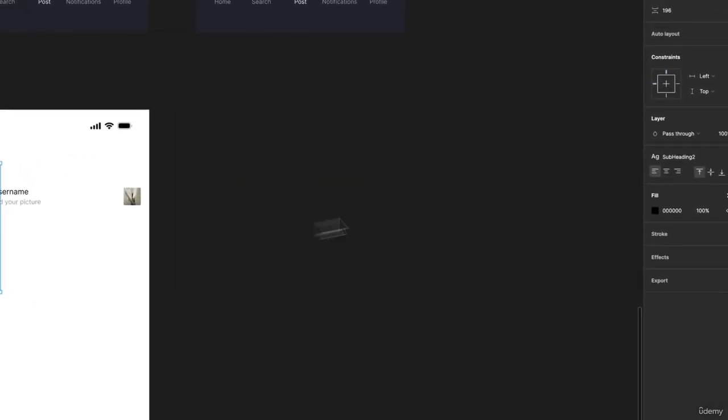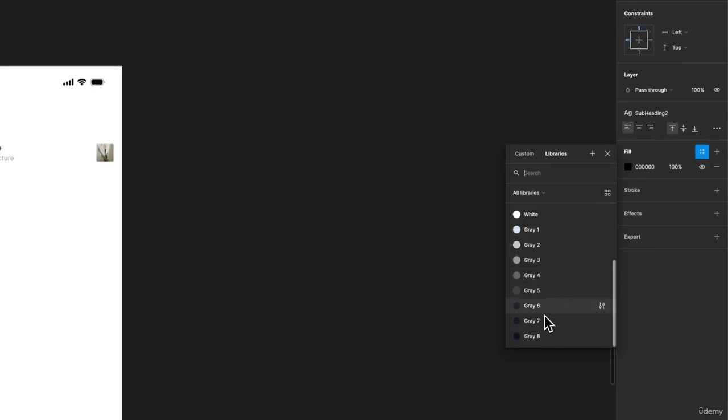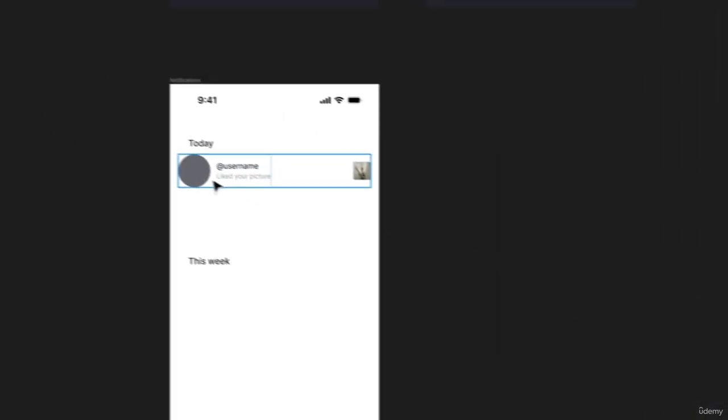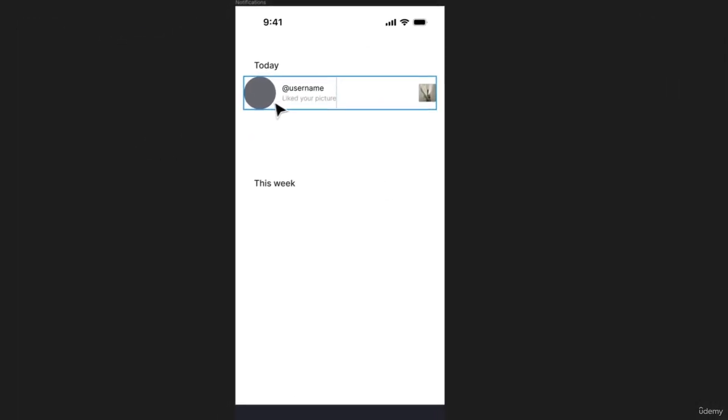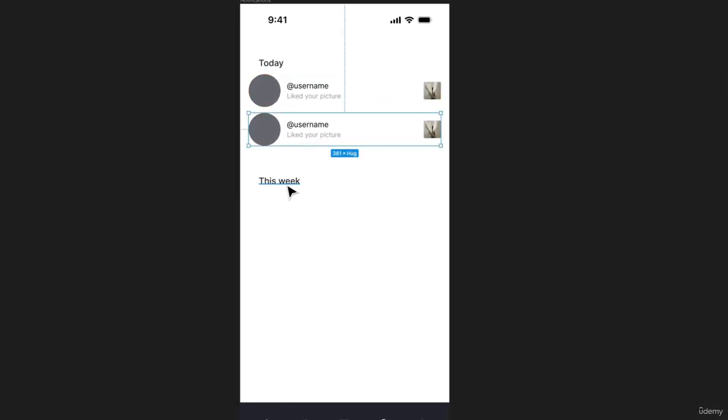Okay, select these two. It can be a body or subheading even. Change this to maybe gray 6, for example. And what we are going to do now is just duplicate these things,